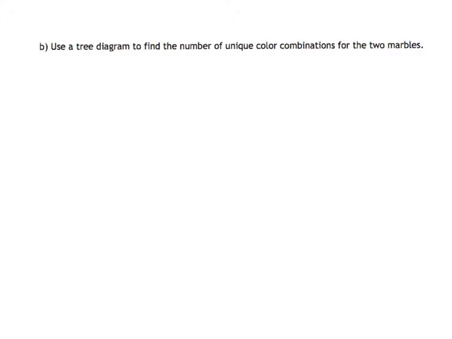Use a tree diagram to find the number of unique color combinations for the 2 marbles. So we could choose a red marble or a green or a blue or a yellow. If we chose red first, then we could choose green next, or blue or yellow. If we chose green first, then we could choose